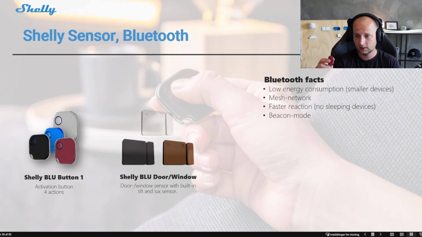So our owner says when he's standing in front of his garage door and pressing this device, it will open and close the garage door. If he's standing in the kitchen and pressing the button, it will turn on and off the lights in the kitchen because it's connecting to the closest device. It's pretty nice that you can do that, in my opinion.